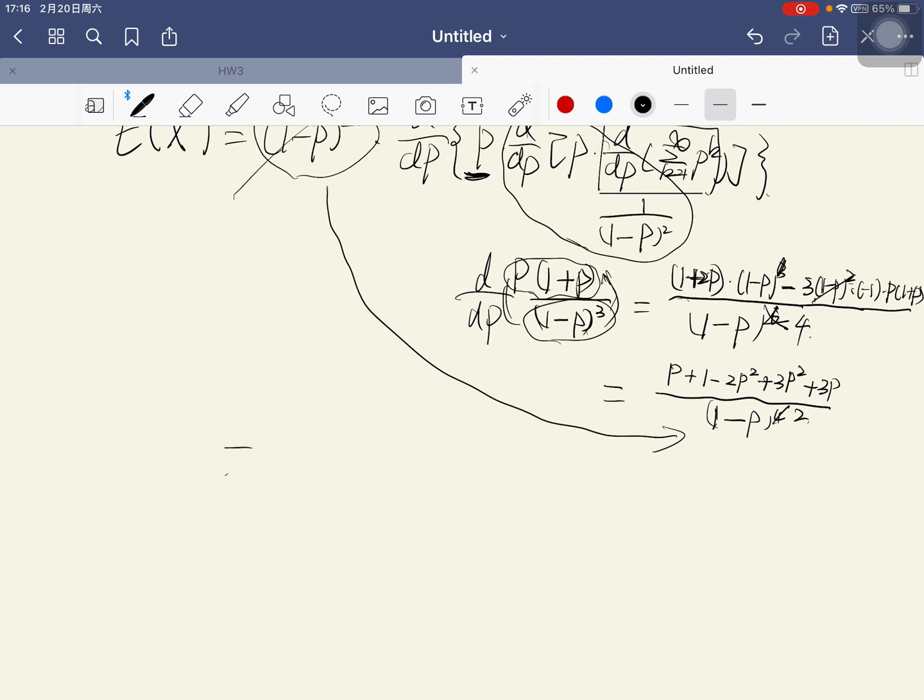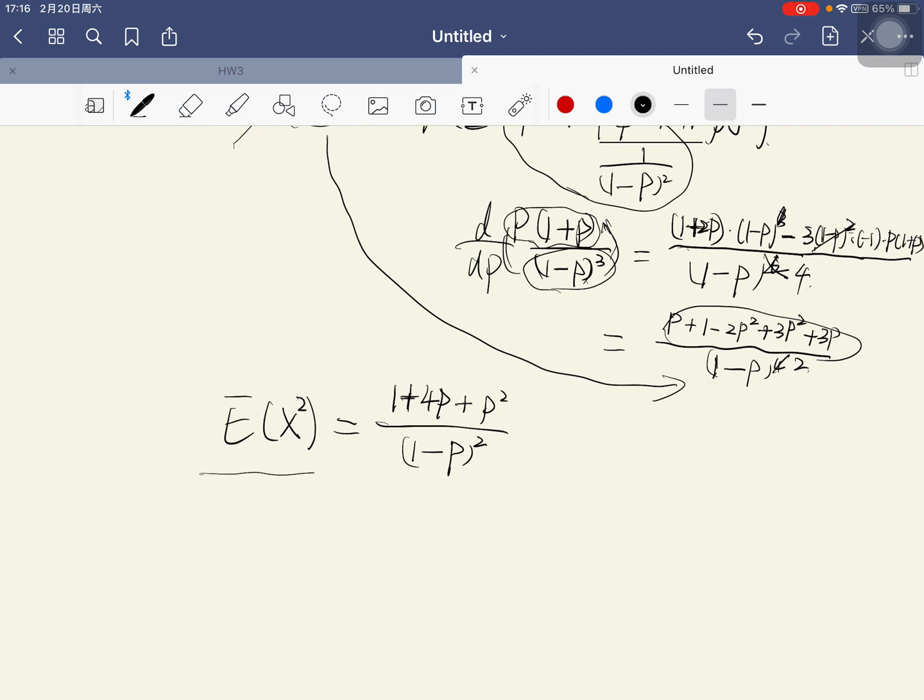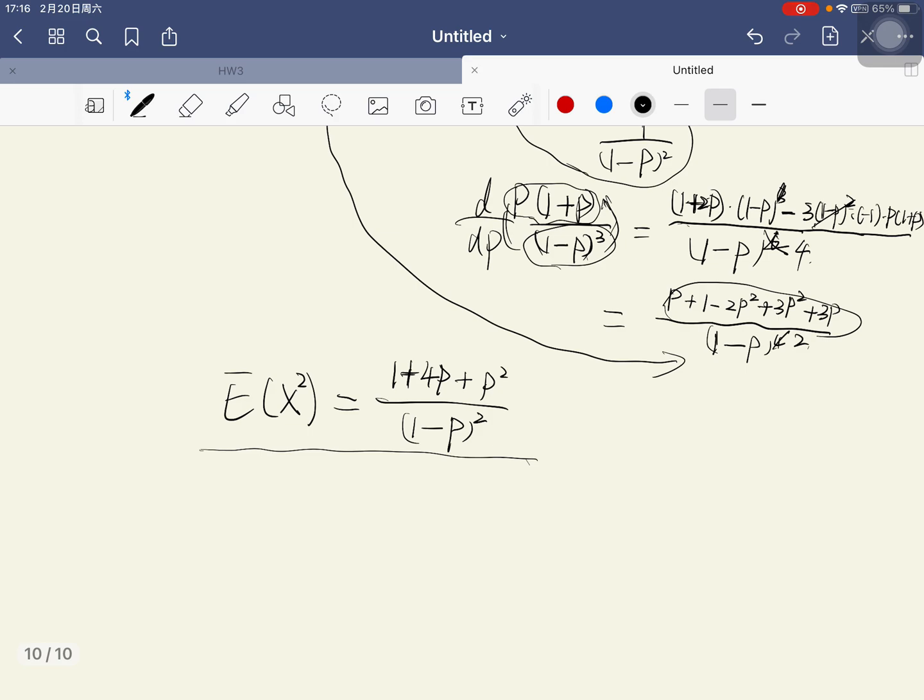So the expected value of X^2 is equal to, the denominator is (1-p)^2, and this is equal to 1 plus 4p plus p^2. So this is the expected value of X^2, and at question D,